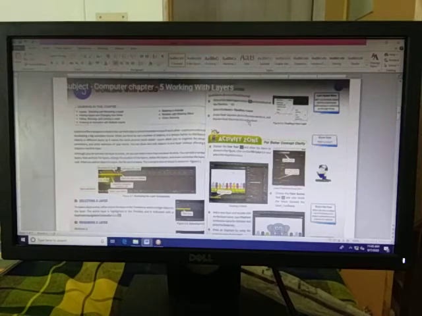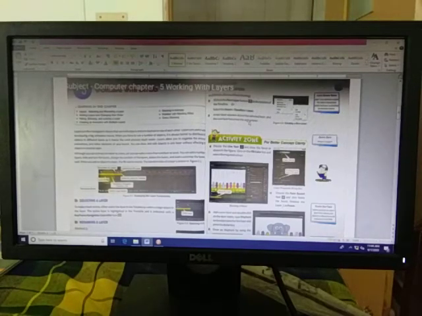Now students, I explained a little bit about the layer in the last chapter, chapter 4, but now we are going to start the detailing of layers. First thing, what is a layer? Layers are like transparent sheets that can hold objects and are stacked on top of each other. Layers are useful while developing a big animation movie. When you have to use a number of objects, it is always better to distribute the objects in different layers, as it makes the work process much easier.